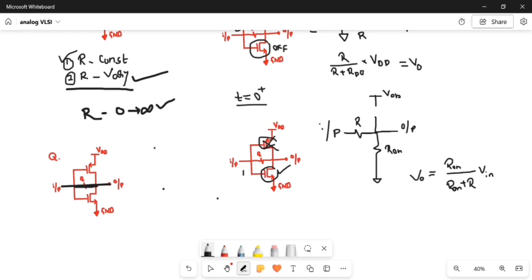And what if R is equal to infinite? First we will draw R equal to infinite. For R equal to infinite, this will act as an open circuit. It will act as a simple CMOS inverter. So for 0 it will give directly 1, and for 1 it will give directly 0. For R equal to 0, V out is equal to V in only. Whatever the input is, you will get the same output, because